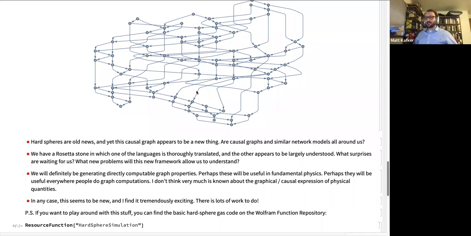Just a general remark: anytime you find a Rosetta Stone is really good news. So for example, if you're doing Newtonian physics and all of a sudden you discover that you can do Lagrangian physics, technically those things are equivalent to one another, but you can do so much more with the Lagrangian. You can solve different types of problems, right? And if we have a general way of taking everything that we normally do in stat mech and putting it on this causal graph, it's conceivable that other doors will open, though it's not exactly clear what they will be. And they might not be in physics. Networks are everywhere, right? This might help Facebook do something.